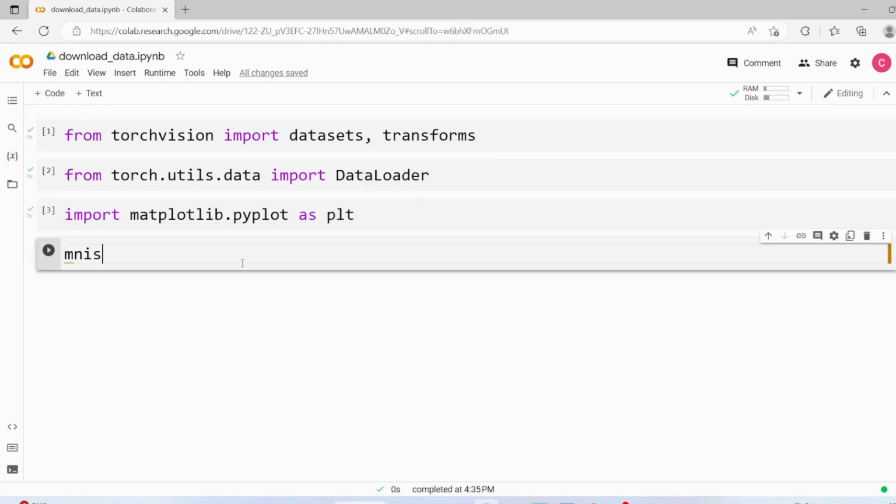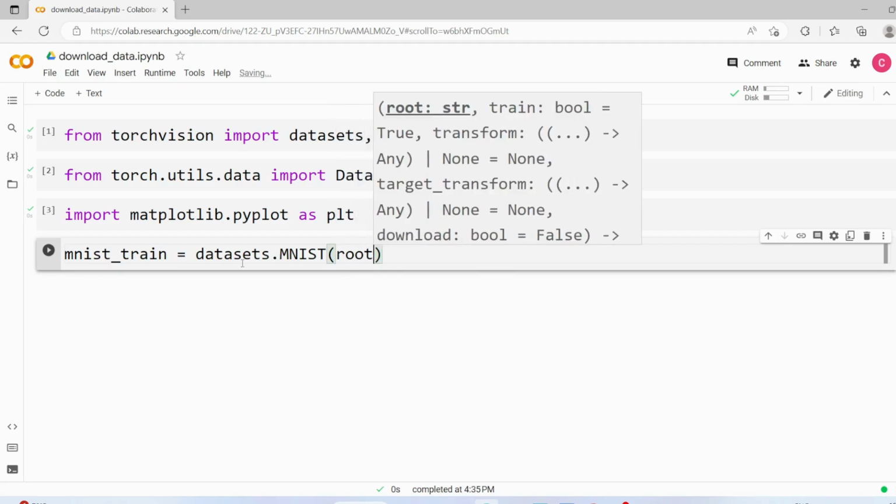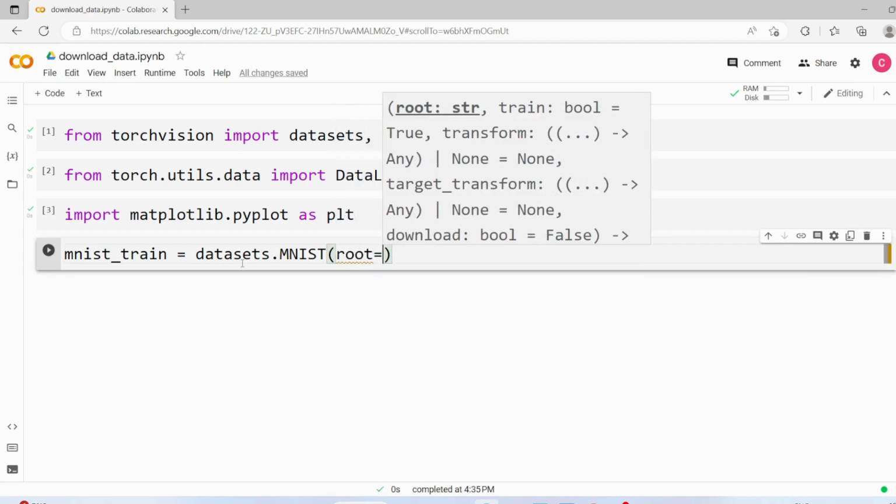So let's create one variable, MNIST train, and we are going to download the data: datasets.MNIST, and we have to pass some parameters. What are those parameters? The first one is root. Here we need to mention the path where we are going to download the file.